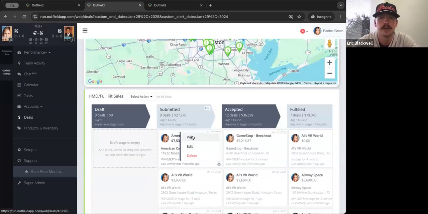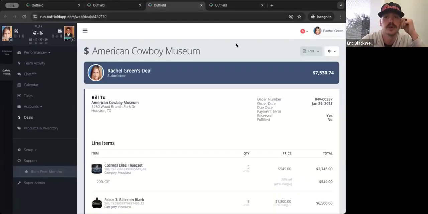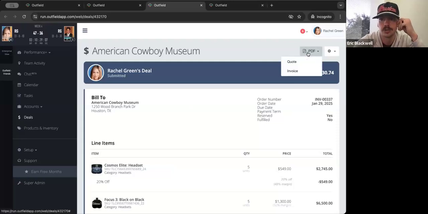Now, if we want to do something else, we have the ability to actually tap into it and view it. The reason you would do this is you can always make edits to it if you need to, but also because we have the opportunity to create a PDF version of an invoice or a quote based on these things. Maybe this is more at the draft stage, but if I want to put this together, send it to my buyer, or pass it along to my supervisor to look over before I submit it,